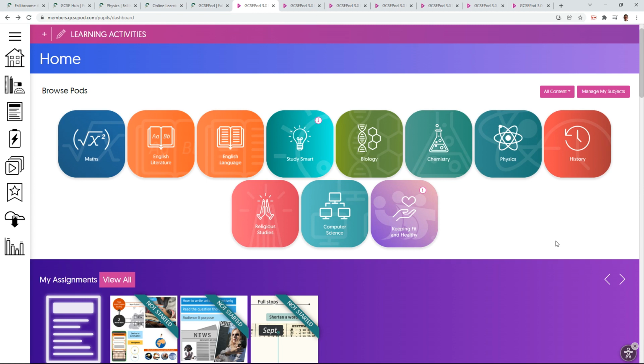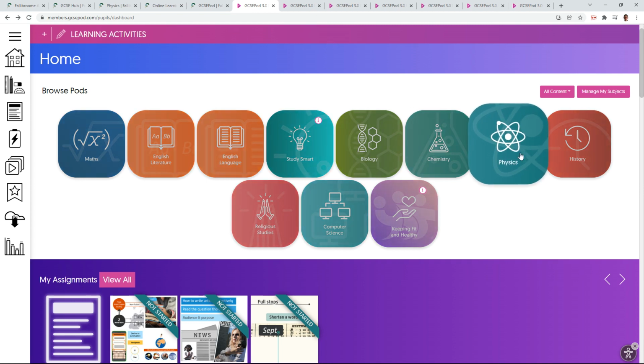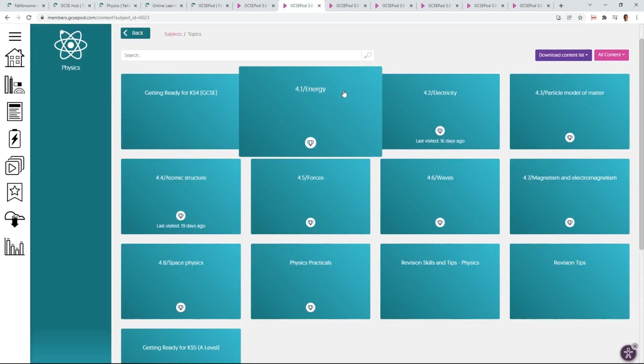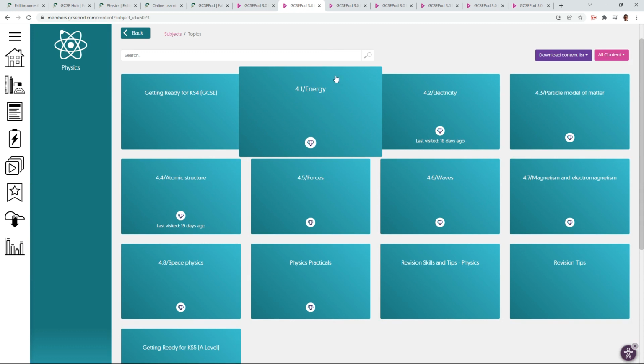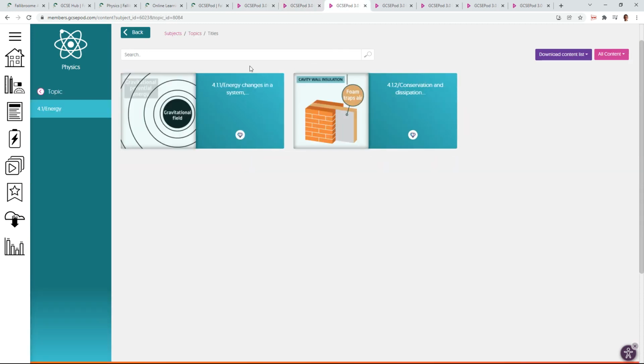So if I just show you GCSEPod, when the students log in, when they sort out their account, they tell it which subjects they're studying. And so when they log in, their subjects are presented to them. And if they just click on the tile of the subject that they want to revise, say physics, it takes them to a set of units that they'll have studied throughout the course. And if they pick one of those, say energy, it takes them to